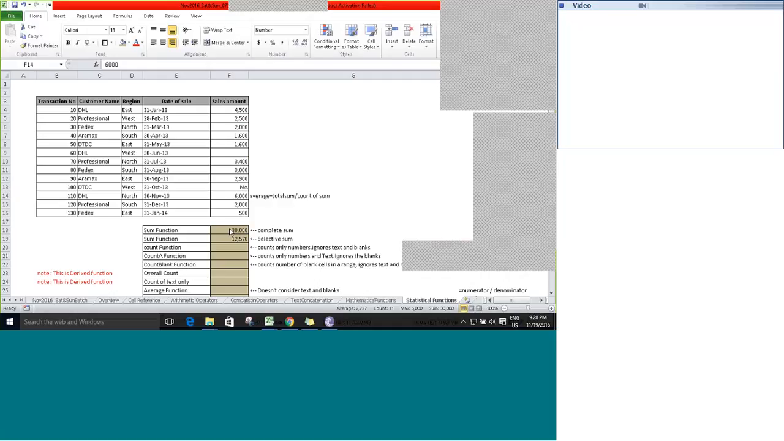But when we discuss the operator, we use equal to 4,500 plus, and we try to add it with the text. That time it will throw you an error, right? But if you use a sum function, I repeat,